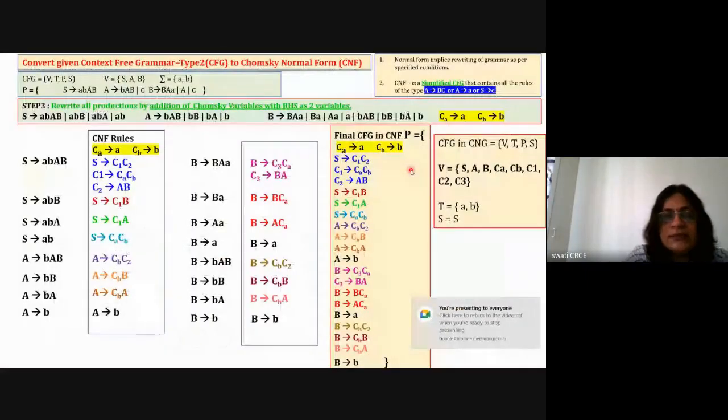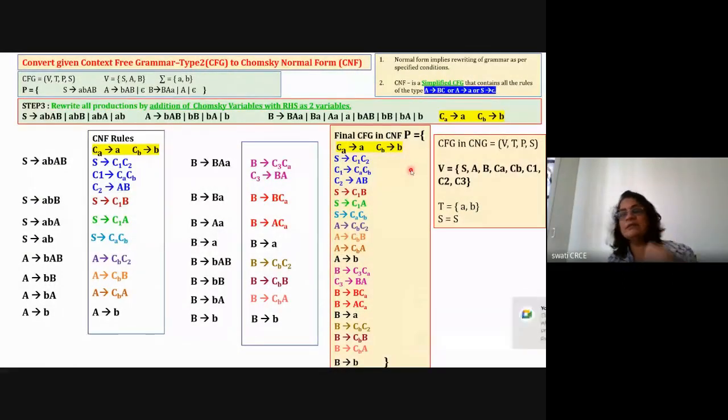So I think this is a very easy problem. If CNF is there in the exam, it's very easy to solve, and normally it is for 10 marks. But GNF is a little tricky and challenging because there are a number of steps, 5-6 steps, and at every step you need to remember the sequence as well as follow certain things.